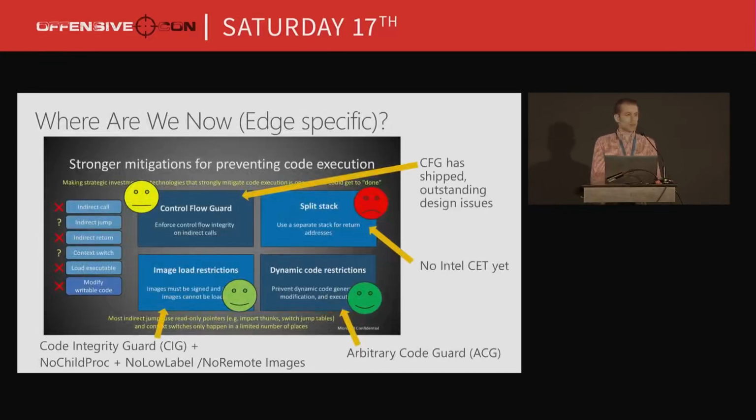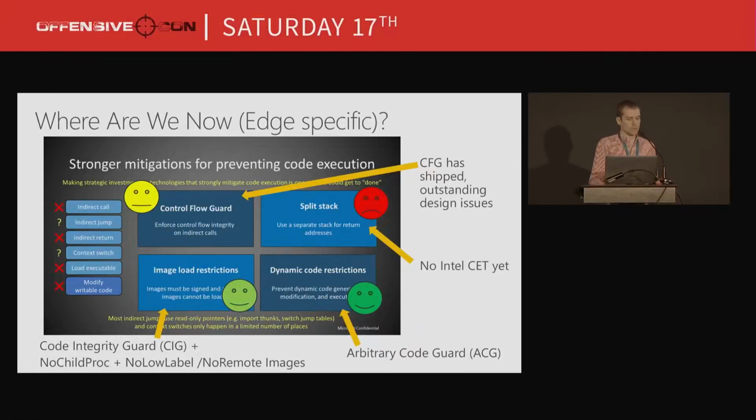All right, so after all of this work, well over 5 years of effort and over 3 years of having control flow guard actually enabled in Windows and shipping, where are we now? Well, we do have control flow guard. It is shipping. It does have a few design level problems right now, but it's there. Split stacks, we still aren't there yet. Image load restrictions, we've made pretty good progress. There's just one thing really left to be done that I'll talk about in a second, but we do have